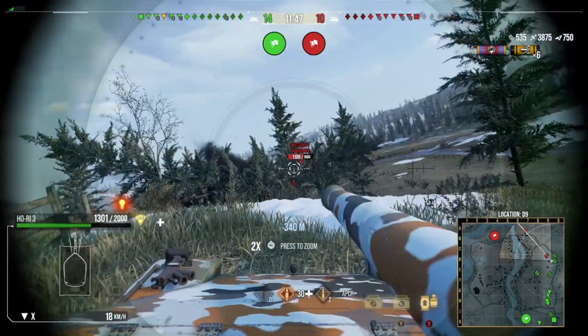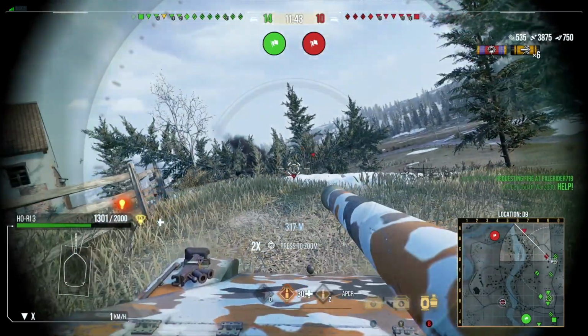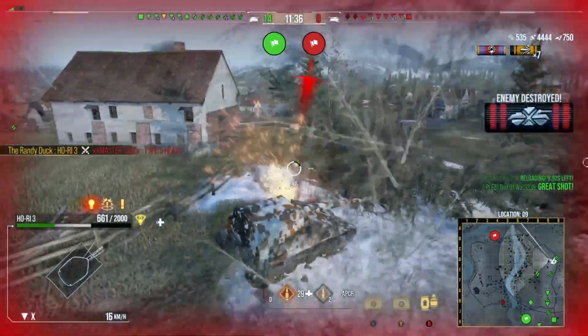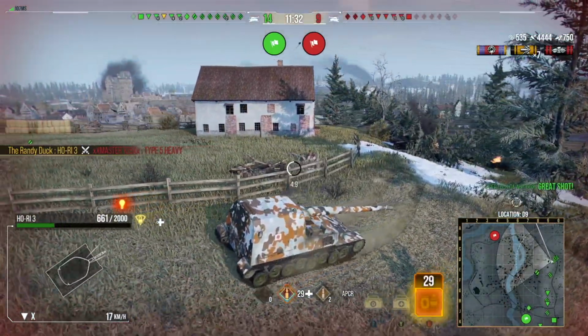Just looking to try and kill this Type here, but there is a TD covering him, so I need to wait for that tank destroyer to get pushed back. Once he's got pushed back, I know he can't shoot me now because he's behind that building. I'm going to take my gamble and try and poke up and get a shot in. We do eat one for it, but at least we just get rid of that Type 5 as quickly as